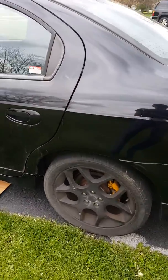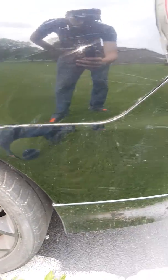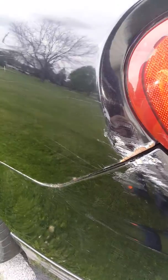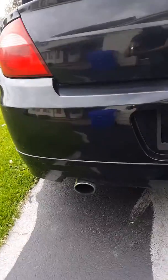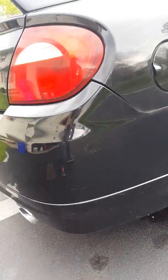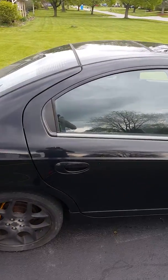So that's the thing. The only real cosmetic problem would be this little nick right here. That wouldn't cost very much to get repaired. You could probably even do it yourself. A little scuff. Paint is in really good shape. Really shiny. Paint's twice as good as mine. Mine's only got